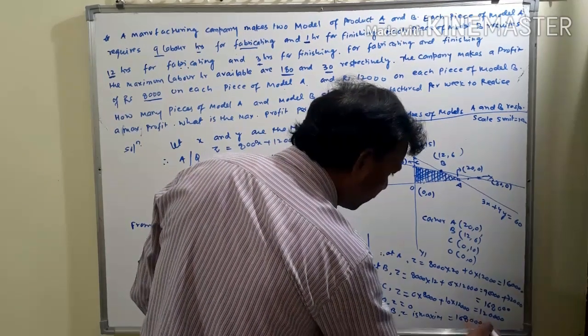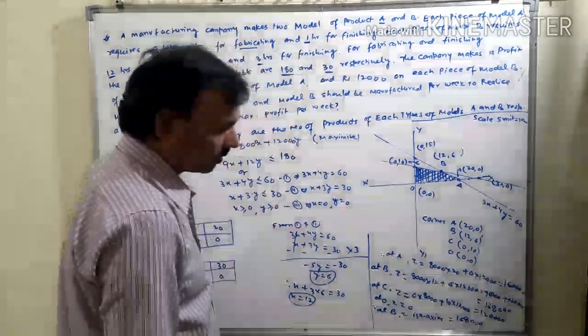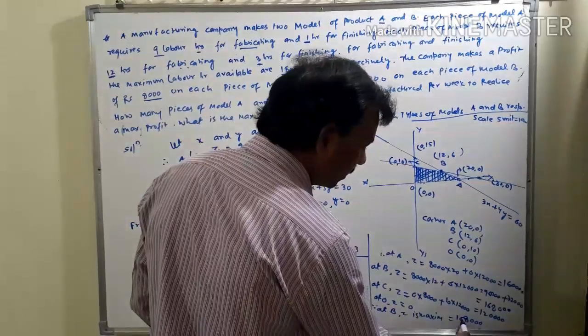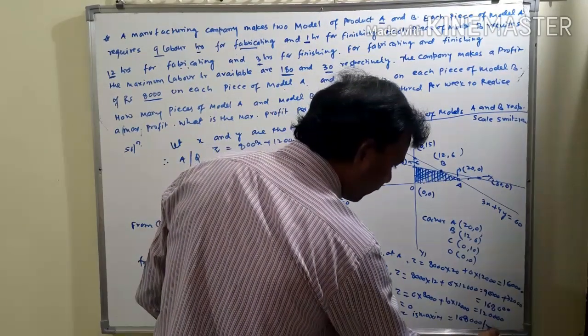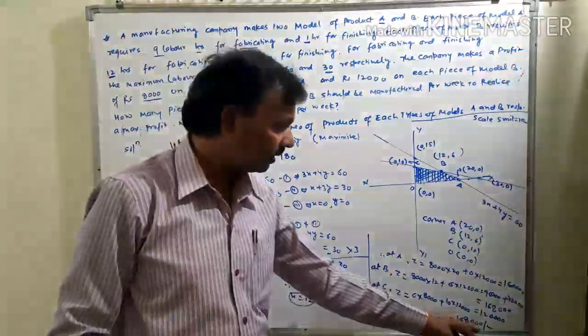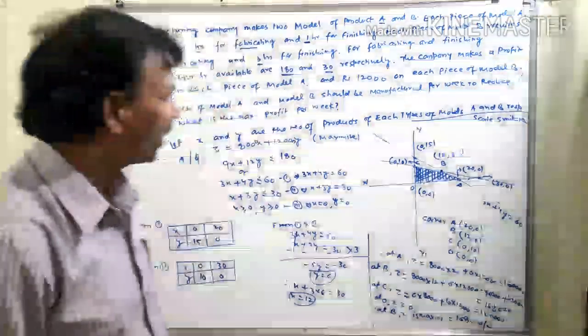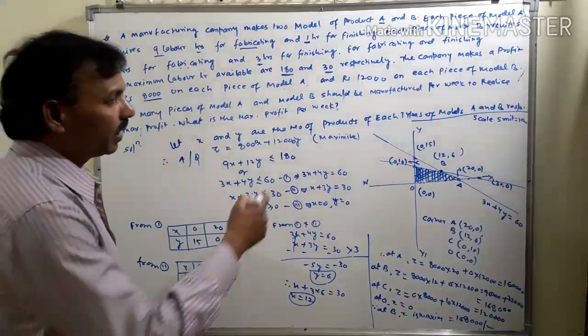That means the maximum profit will be 1,68,000 per week, and the manufacturer should produce per week